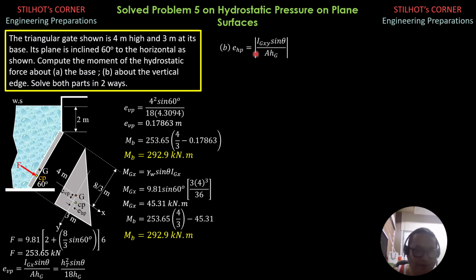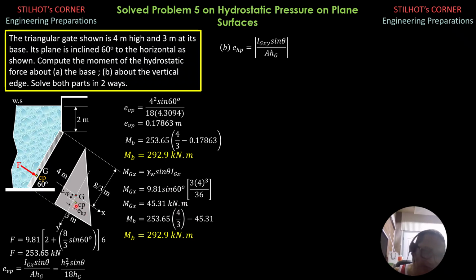Now, if IGXY is negative, because this is the positive GY axis, CP should lie to the right, so that the moment of that force acting at CP about the y-axis is negative. So your right thumb will be pointing upward, meaning the moment of F about the GY axis is in that direction. But the positive moment is in this direction here. So that's why if E sub HP is negative, it should lie